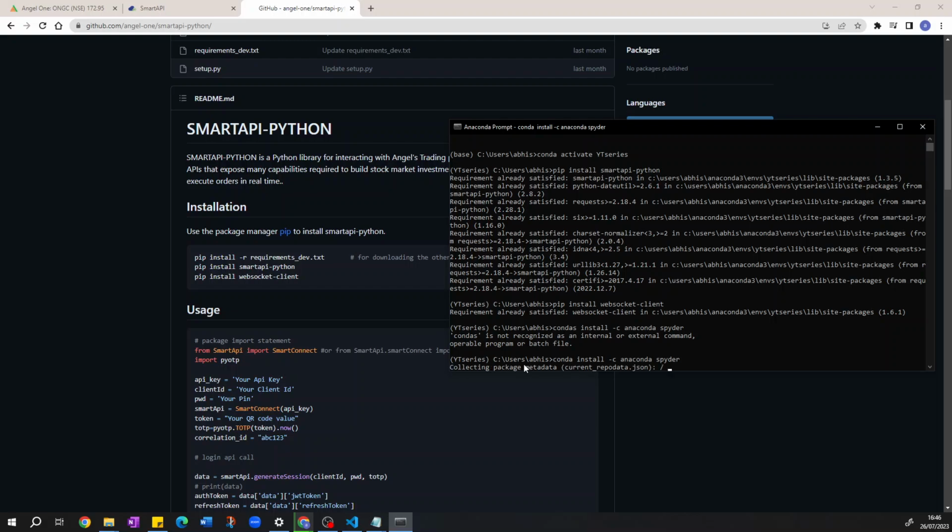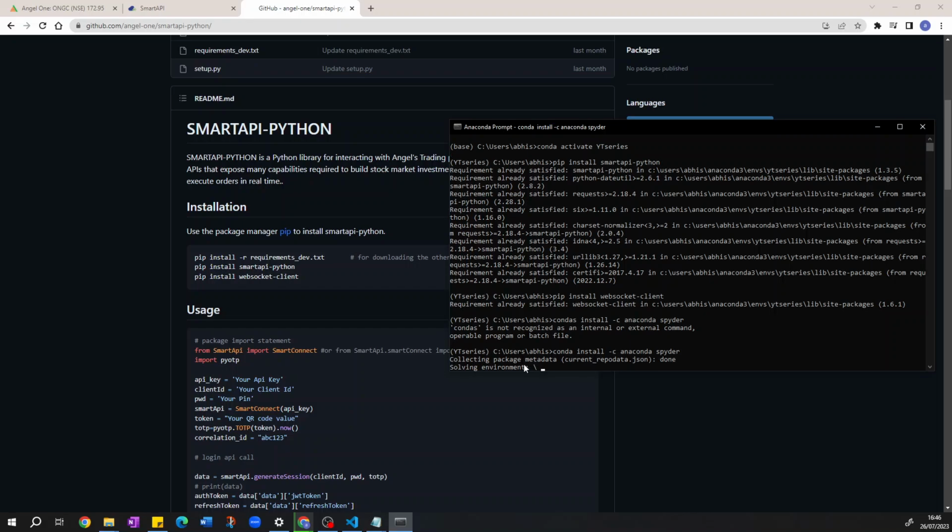And this might take some time. It takes a lot of time actually. Should not have run this code. I've already run it, but never mind, you guys do this. And the last thing is installing pandas. So once this is installed,